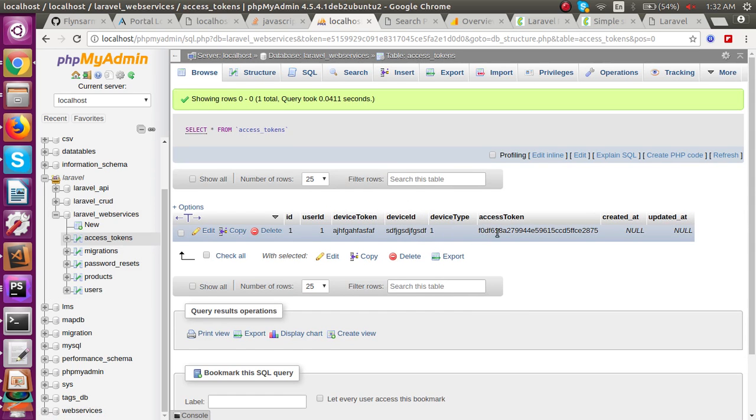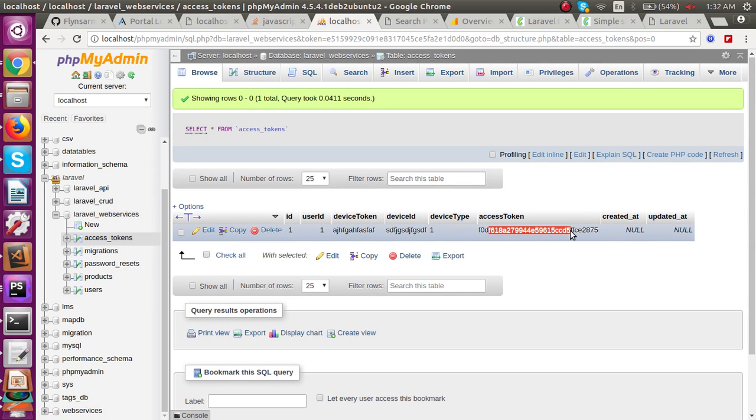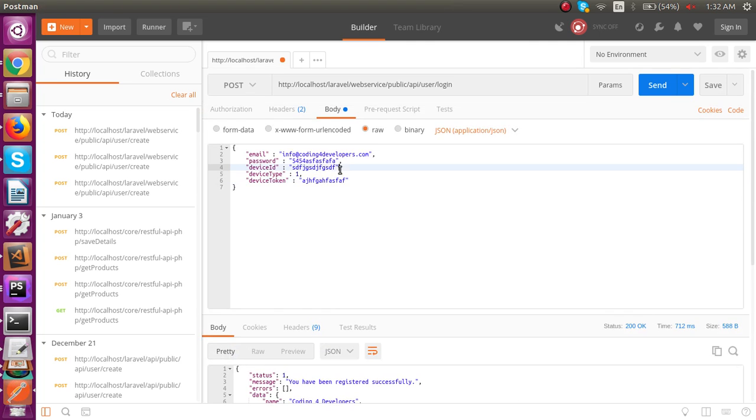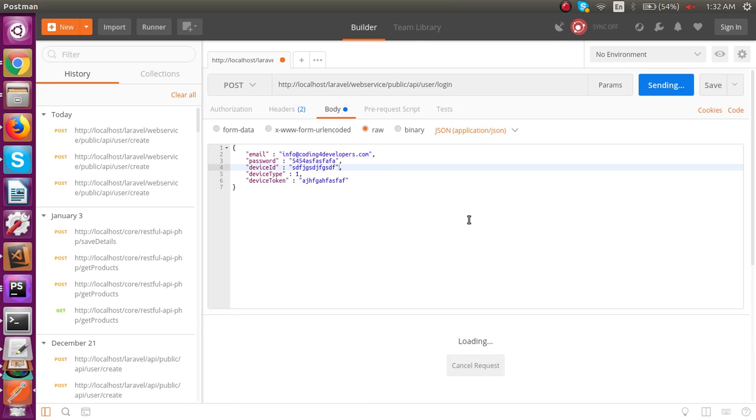Yes, so this is the access token which was created over there, this one. Okay, so now we'll try to log in, right? Okay,